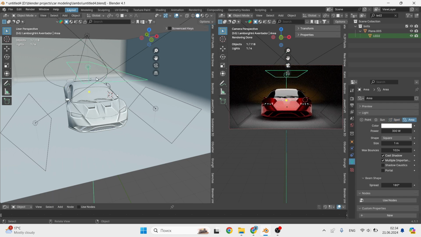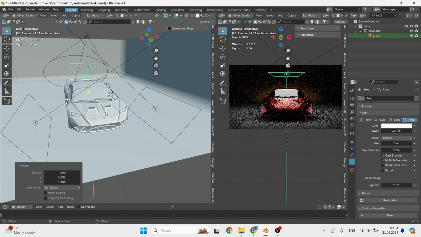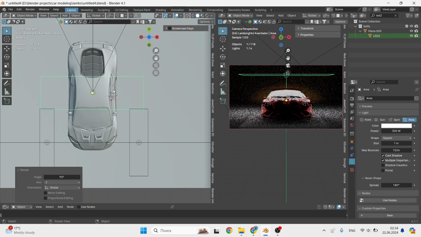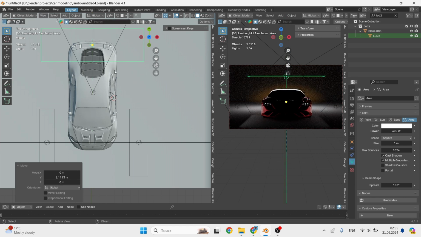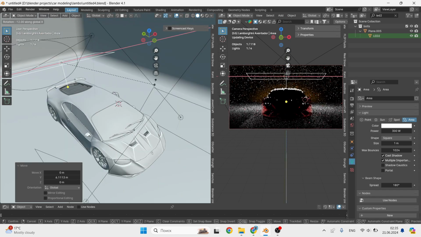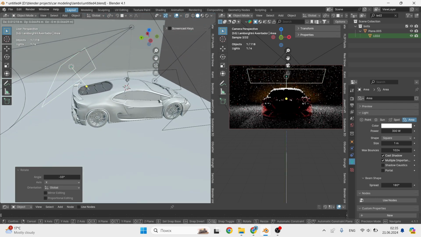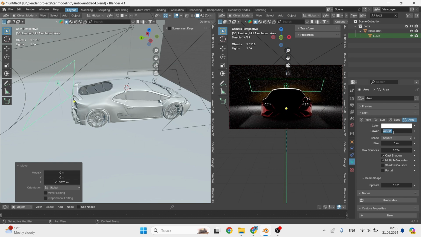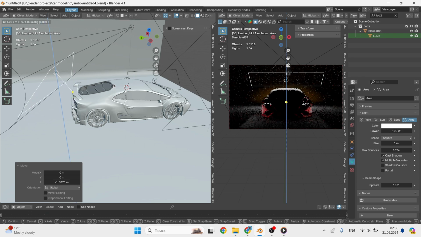Well, and to all this we add the light area and place it. The task is to place it behind the car so as to slightly illuminate the roof so that the outline is barely visible. This is the moment when there is no need to rush, and I found that this area of light reaches the front wheel arches, which is very good. When you have chosen the position, you can slightly dim the light power.